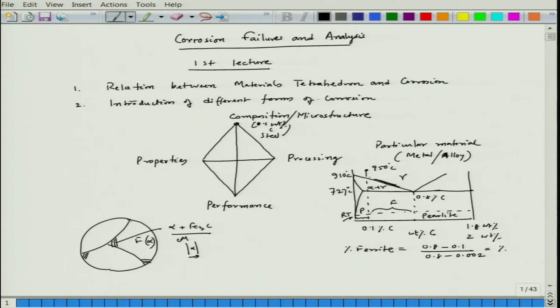So, this distance can be controlled or can be changed. If we do the furnace cooling, which we call annealing, that time this distance would be the maximum distance, and if you increase the cooling rate from that 950 degrees Celsius, your spacing would decrease. So, this spacing would become this much, and then again if you cool it faster, it will become like this.